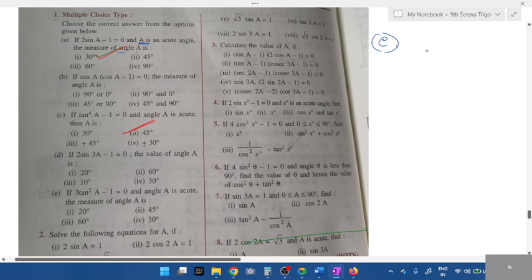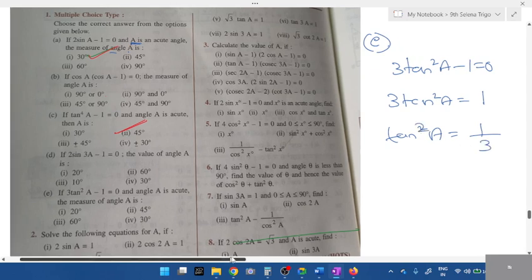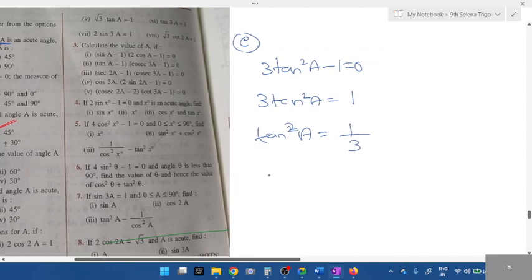Yes, so let me explain. Okay, you all tell me 3 tan square A minus 1. Keep 3 tan square A. Which one you have to shift? Plus 1. Then bring down this 3. What do you get? 1 by 3. I don't need tan square, I just need tan A. What happens to the square? It goes to the other side and becomes